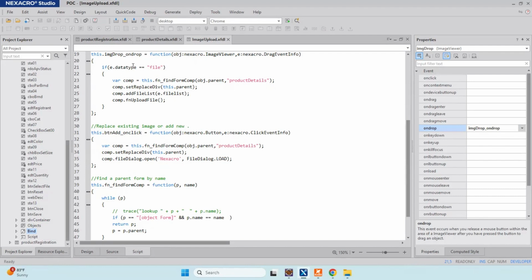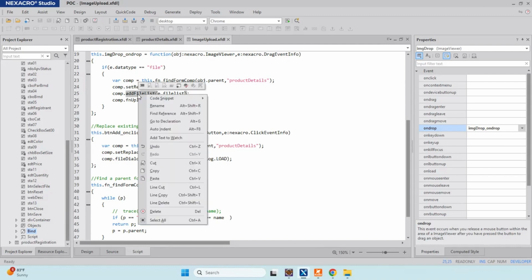So if the data type is a file, first we are finding the parent form here, the product details, and we will use those methods from the product details to add the files. So from the drag event info, you can get the file list of the files you dropped. So product details, add file list.